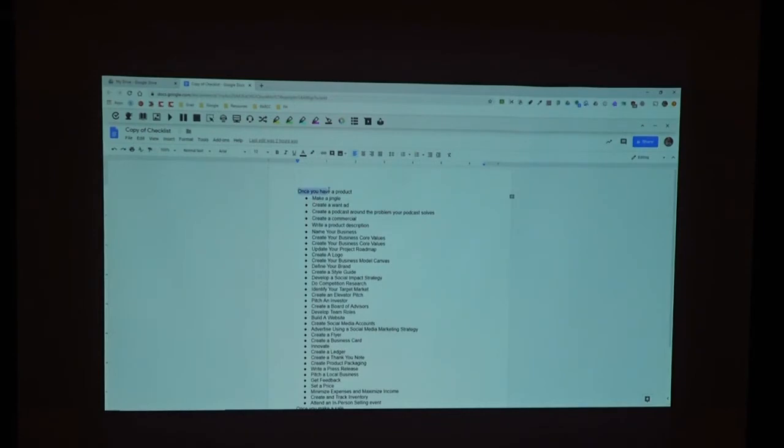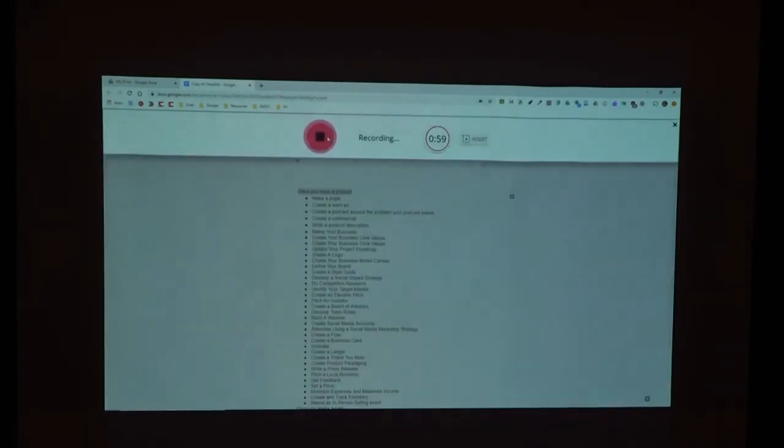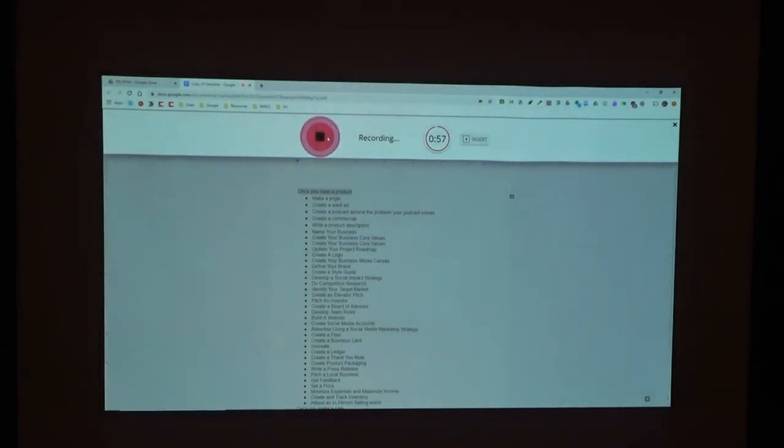If I highlight what I want to leave the comment on, I hit the voice note button. This is me recording, leaving an audio comment. They could be up to a minute long. I hit stop. I check it, I hit insert. Super, super fast, right? And what I love about this, when I hit insert, it will take the audio comment